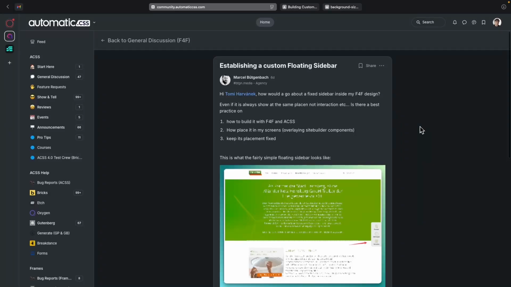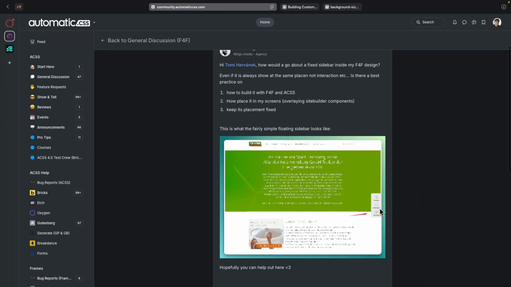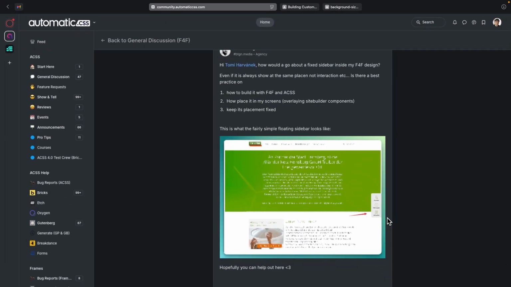Alright, so a few days back, one user reached out to me. He was asking basically how can we create this quick contact static menu inside Figma. This is something that will appear to you even if you scroll through the website. Now I am going to show you how to do it in Figma thanks to using the Frames for Figma add-on